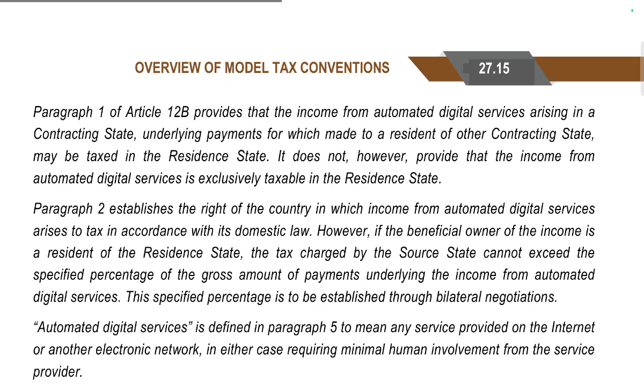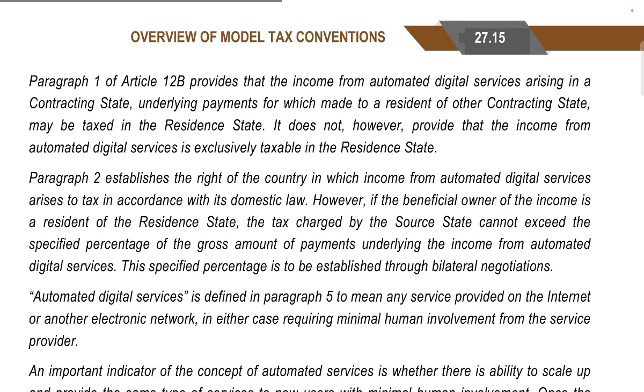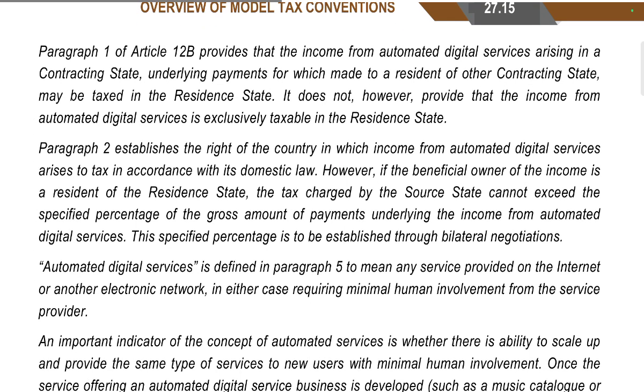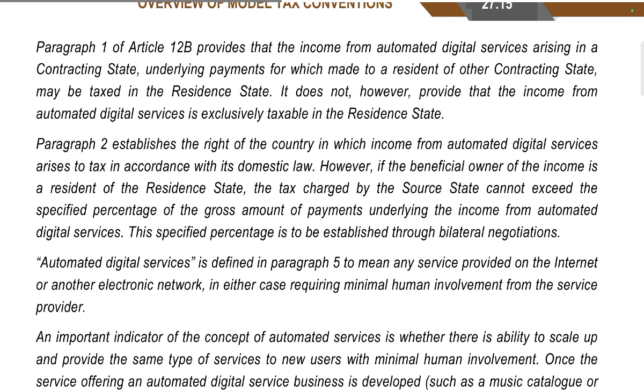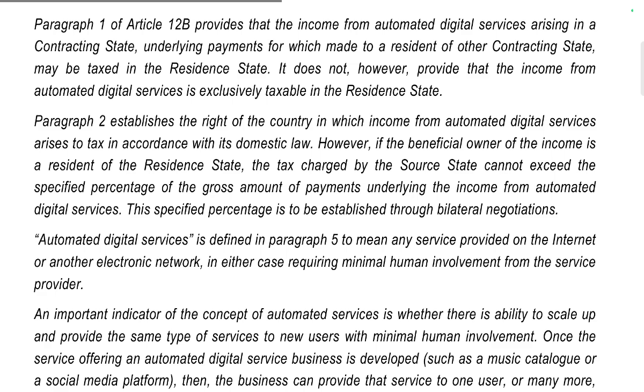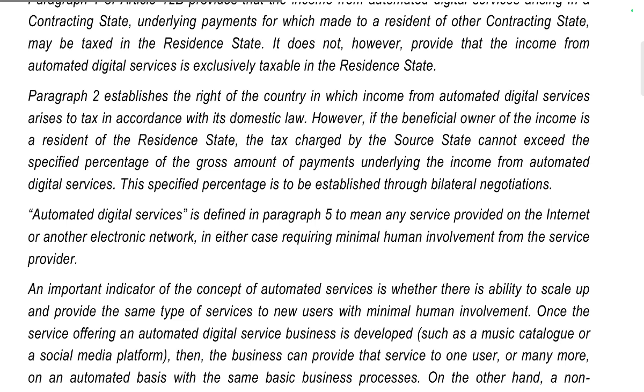Paragraph 1 of Article 12B provides that income from automated digital services arising in a contracting state, where the underlying payment is made to a resident of another contracting state, may be taxed in the resident state. It does not, however, provide that the income from automated digital services is exclusively taxable in the resident state. To establish a right for the country in which the income from automated digital services arises to tax in accordance